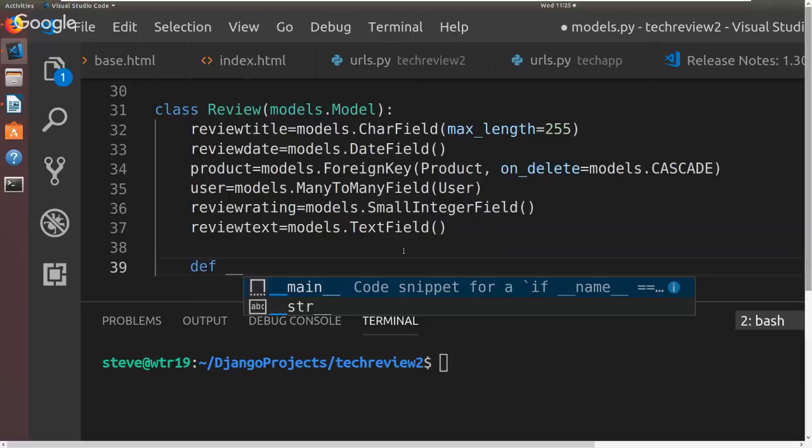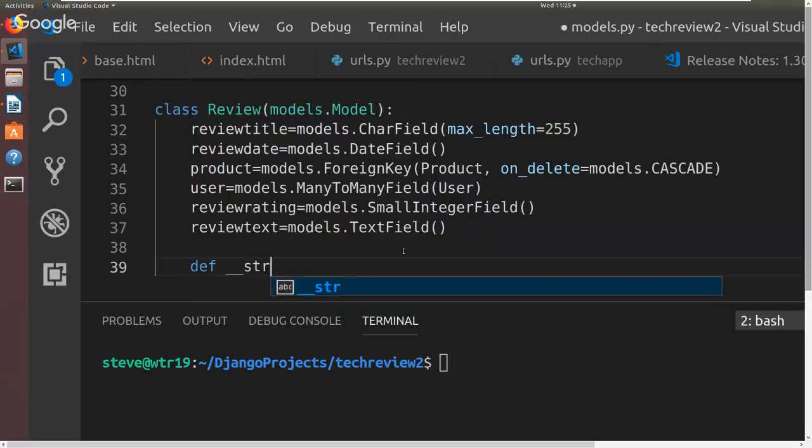The other way you can do it is you could explicitly create a review user field and do the relationship yourself. This will create it for you. But you could explicitly create the linking table in here if you want. Does that make sense? Judging by some looks, I'd say no, but